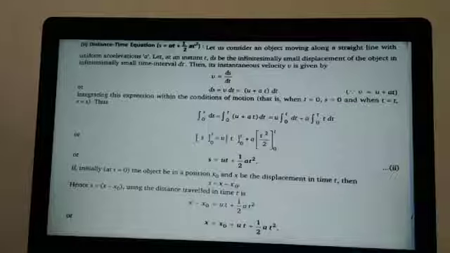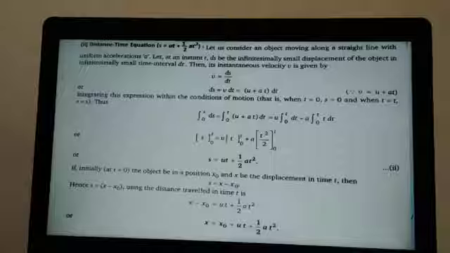Again, when you are considering the left hand side, it is variable ds. And ds is changing from 0 to s. That means when you are observing that object, its position will be 0, and finally you are observing as s. And on the right hand side the variable is dt. Dt is varying from 0 to t. So the limits for ds will become 0 to s. Limit for time will become 0 to t.